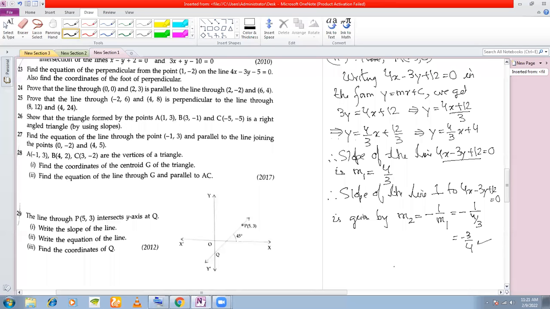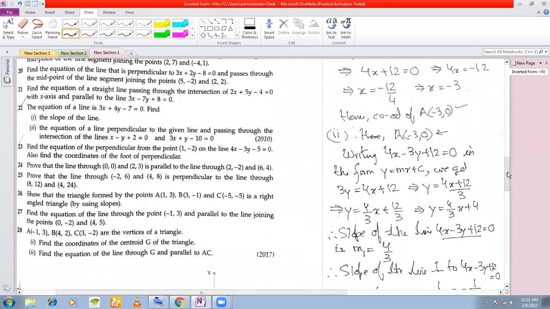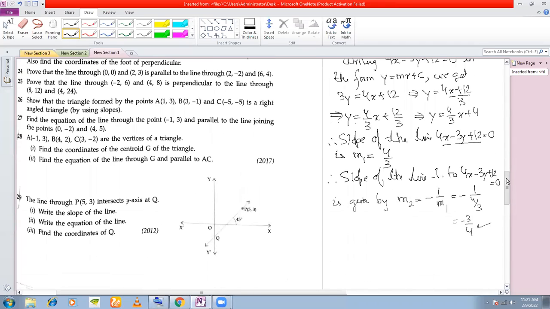So you know the slope of the line that you want to find out, this m2. And what else do you know? It is given in the question that it passes through A. So that means you know one point on the line and you know the slope of the line. So what is the standard form that you should use? The point slope form, right? Hence, the required equation of the line is